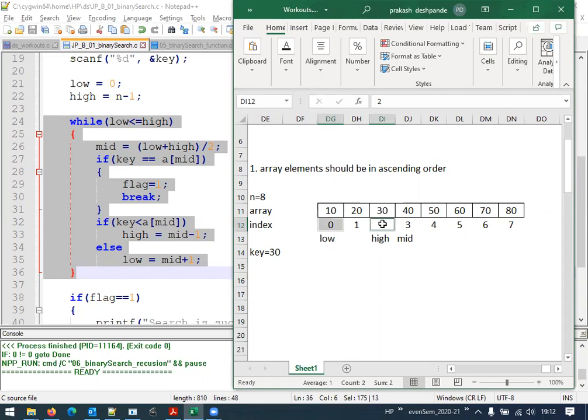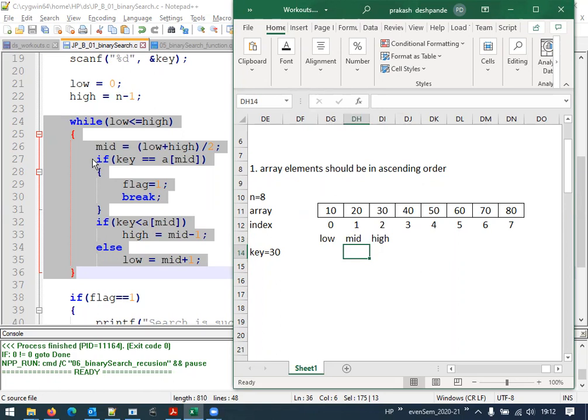Definitely 0 is less than or equal to 2. The condition becomes true. Then what to do? Calculate the new mid value. New mid value is low plus high divided by 2. Low is 0, high is 2, so 0 plus 2, the whole divided by 2, we get 1. Now this mid is pointing here.